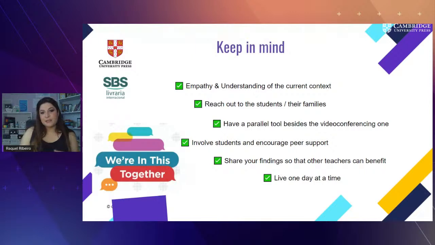Definitely encourage peer support. We don't have all the answers. They help us, and when there is empathy, there is genuine interest, and emotionally, it's very conducive for learning. Share your findings as a teacher. Some people shared, tagged me, something here and something there.